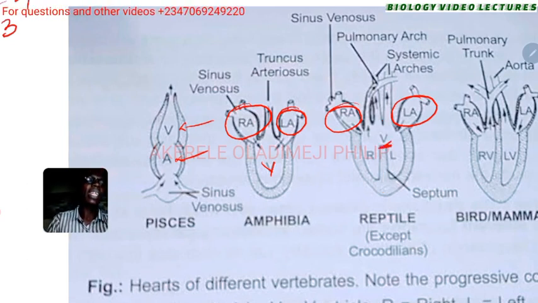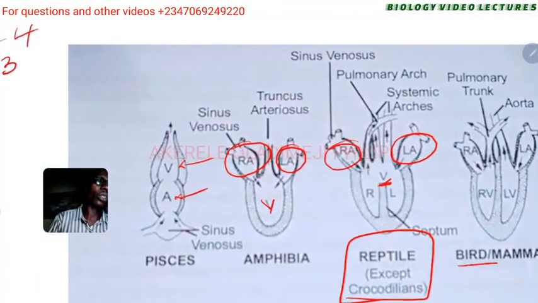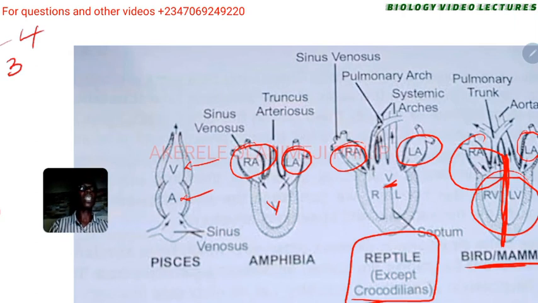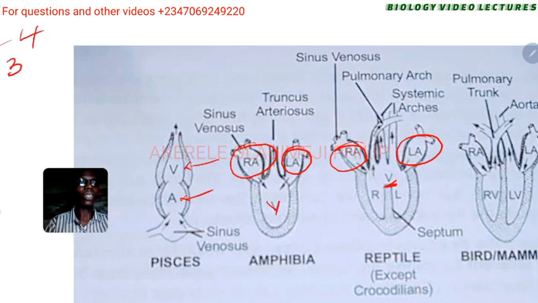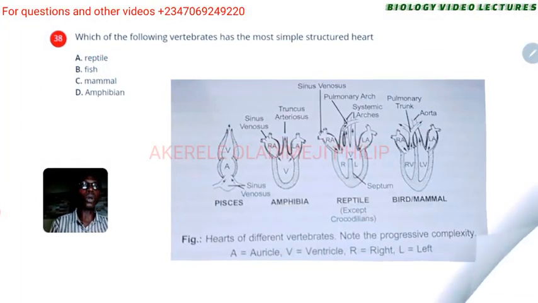It's not fully formed. Now, you saw it says except the crocodiles. Why? The crocodile has 4 fully formed chambers, like birds and mammals. You can see the septum is fully formed. Actually, we have 2 auricles, or we say atria, all right, and 2 ventricles fully formed and fully partitioned from one another like that. Hope that is making sense. So you might pause the video to see that some more.